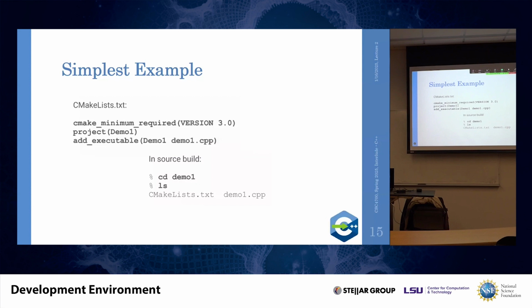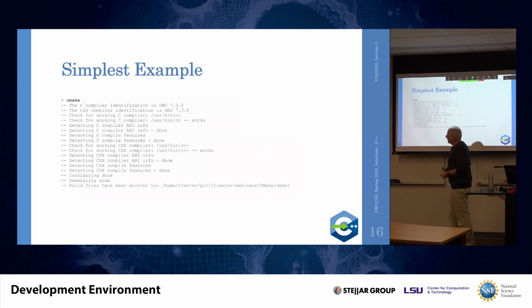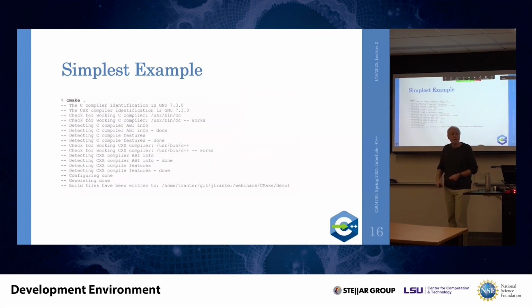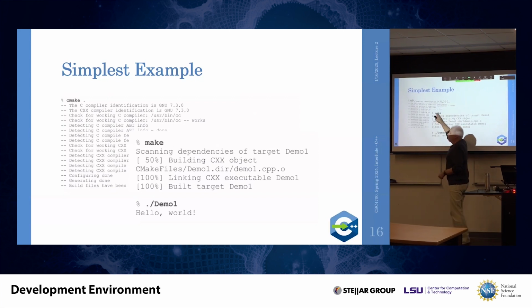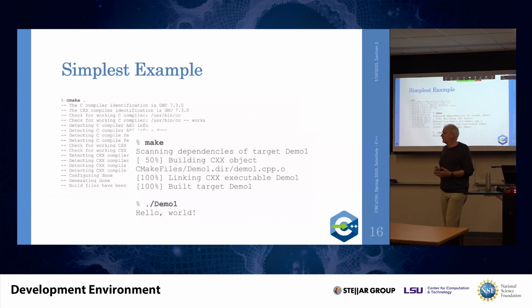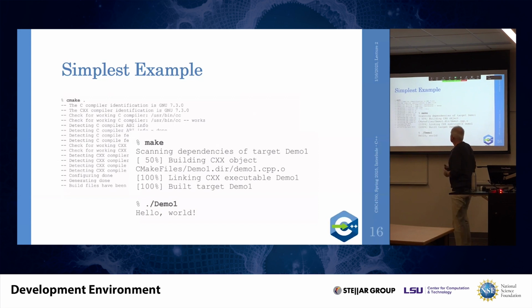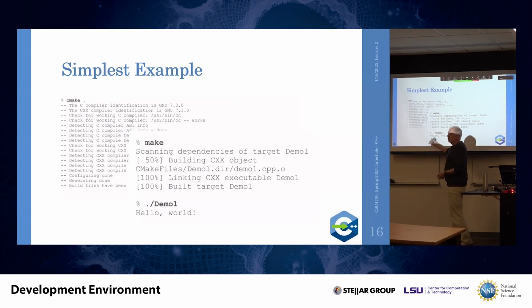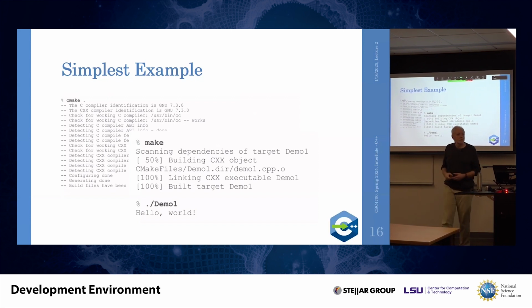So we have two files in our directory. Then we invoke CMake on that directory. It will do some magic. It will generate the build system. And once the build system has been generated, all you have to do is type make. Make is a tool from Linux which understands build systems, and CMake has generated a build system that Make understands. As you see, make will go through all the steps automatically that are needed to build the executable. And once that's done, you can run your executable and you will get the result.